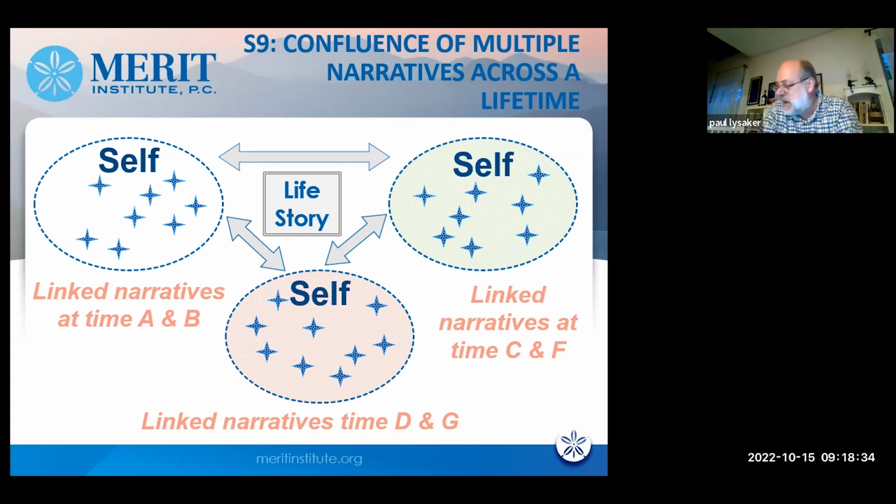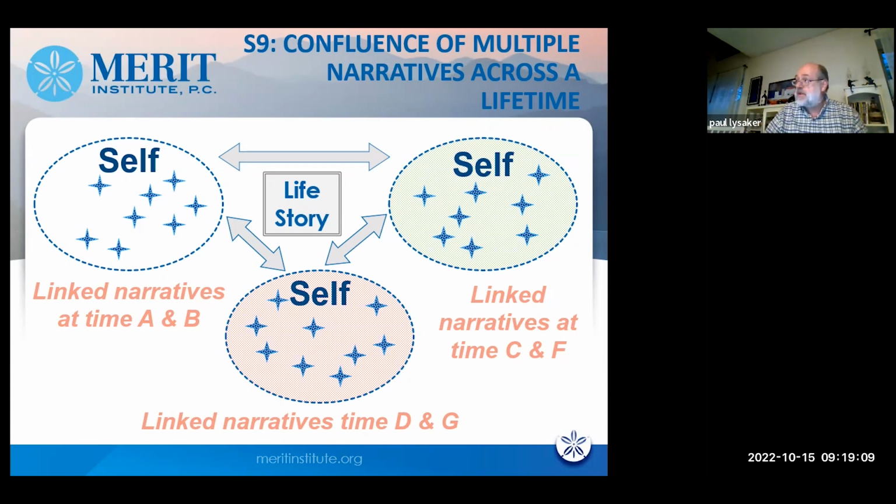I think we can guess that, for example, Kane's patient probably would struggle to do that. He couldn't really present a bunch of different narratives, with those narratives linked in thematically. If this was me, I might talk about myself at times A and B, in high school and early adolescence, as being shy in certain ways and having certain interests. Some of those interests persist later on, but new things emerge. In college and graduate school, there are different things happening in my life.